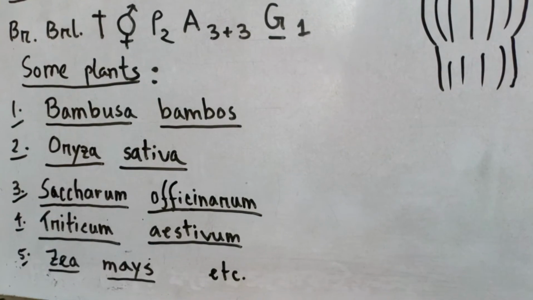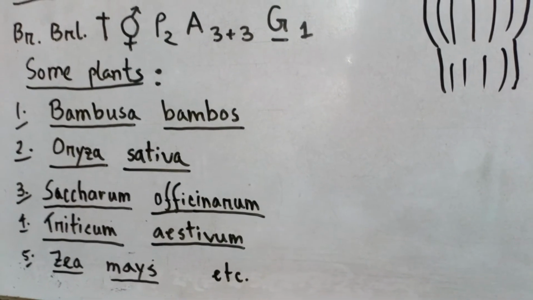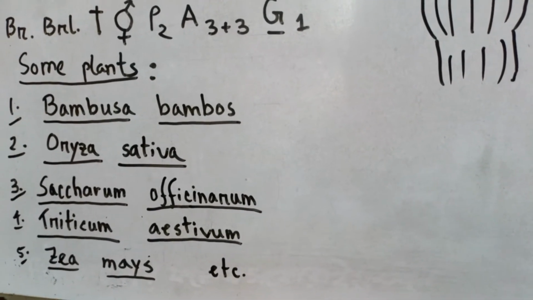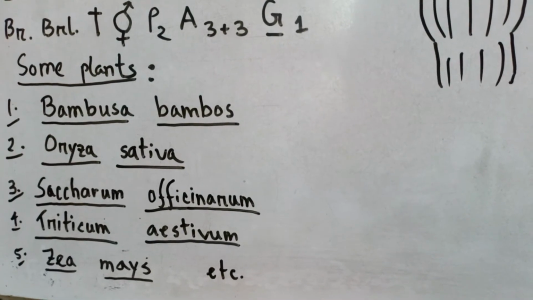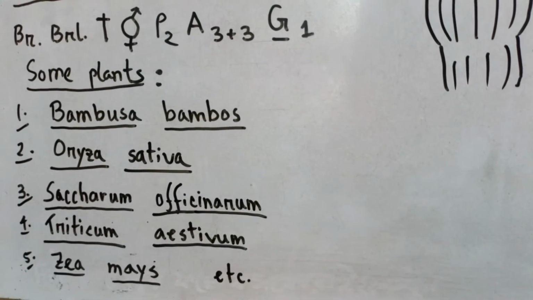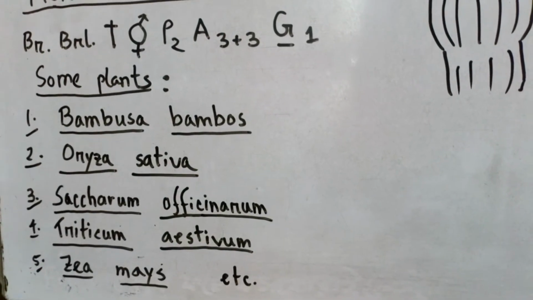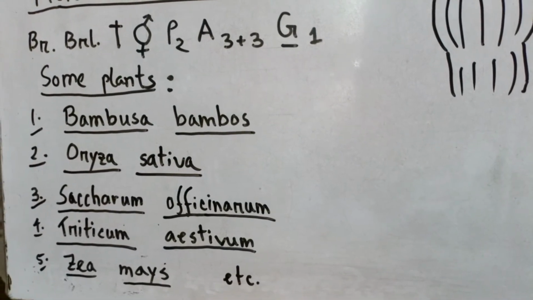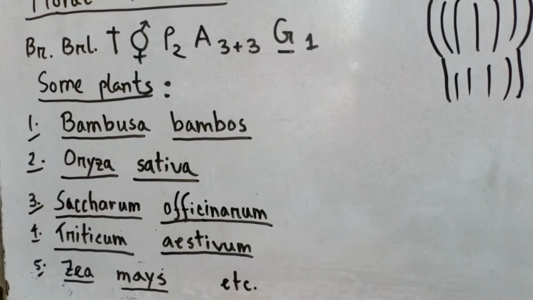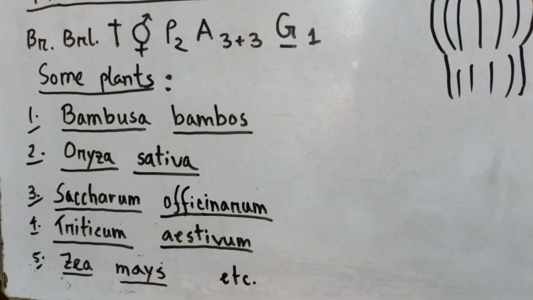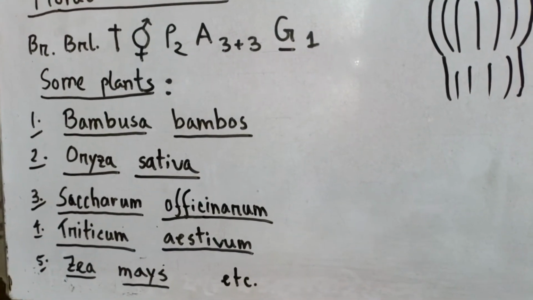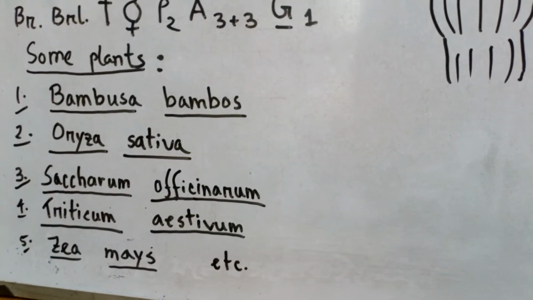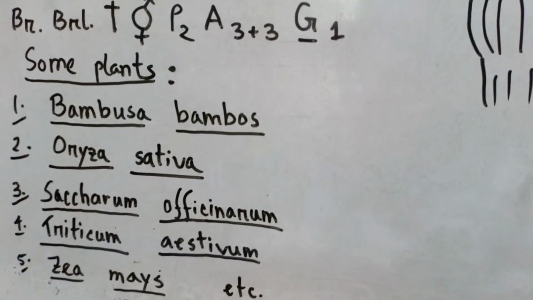And in Bangladesh there are 28 species of bamboo grown. Next, Oryza sativa, and you know that our main food, staple food, is rice. So also we get puffed rice, cakes, and for other purposes this Oryza sativa is cultured. It is also used as fuel. All the straw is mainly used as fuel. And different types of cattle food, also food for duck, hen, all these are prepared from Oryza sativa.